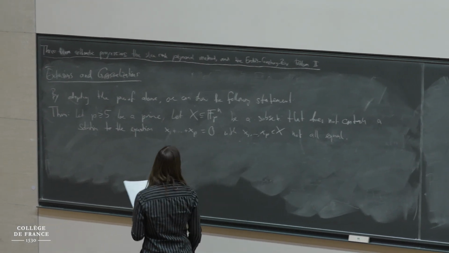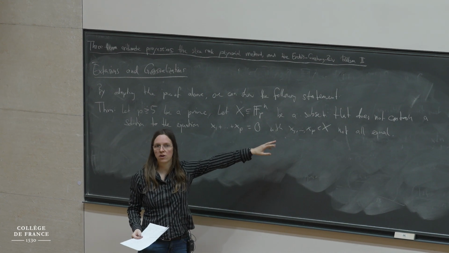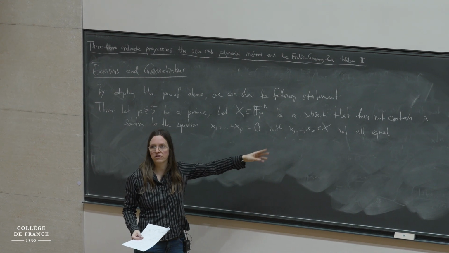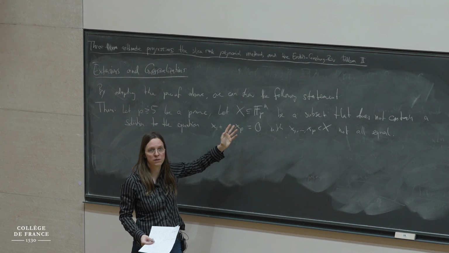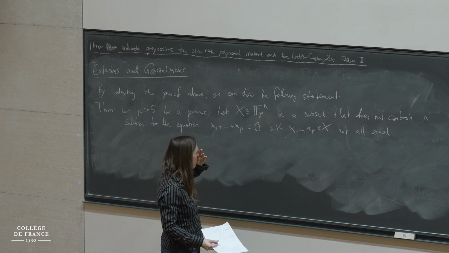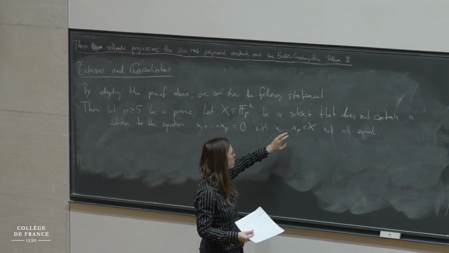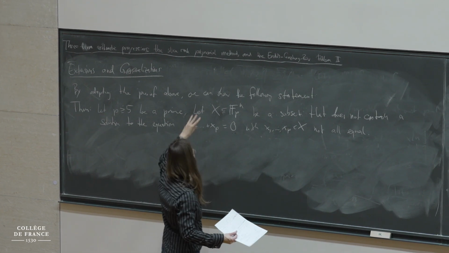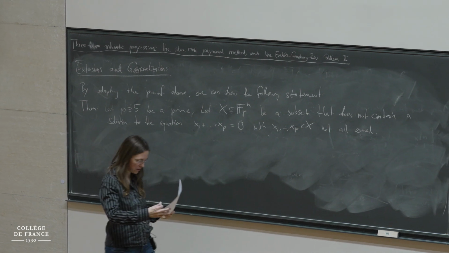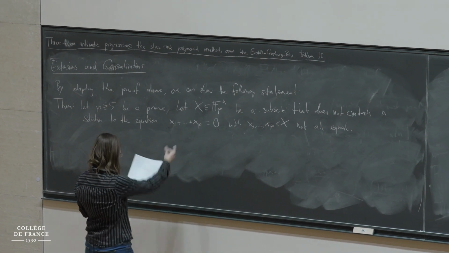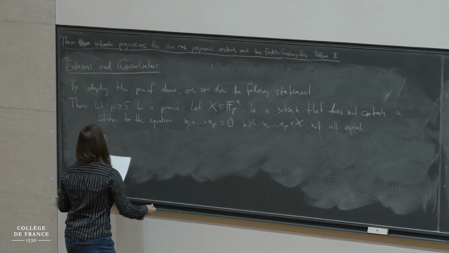Of course, the set X will contain such solutions where x_1 to x_p are all equal, because if the p vectors x_1 to x_p are all equal, then they satisfy this equation since we're in characteristic p. Such solutions we will definitely find in X, but the condition is that apart from those, the set X contains no other solutions to this equation. The variables are not all equal. And so then the conclusion is